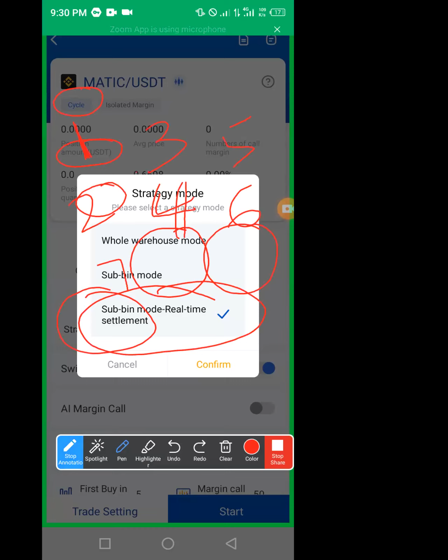For now, it is the best because you keep on earning, you keep on selling, and then it drops down, it buys. It comes up a little bit, it sells. So you can sell as many times as you can in a day, even when the general movement of that coin is down.